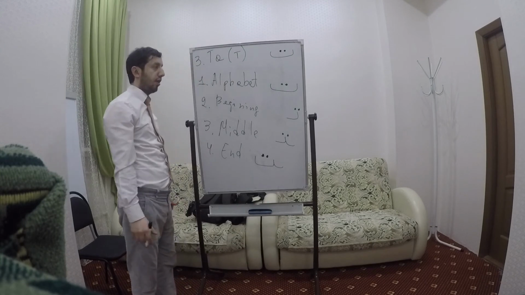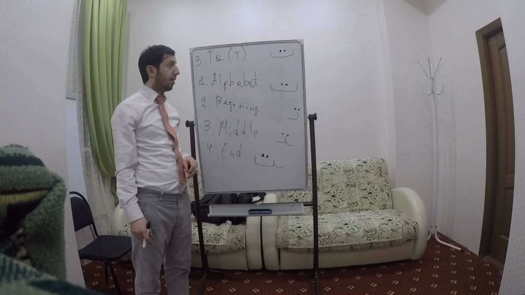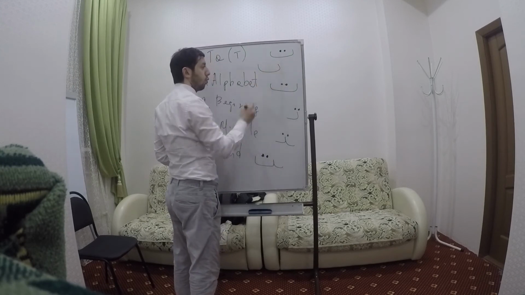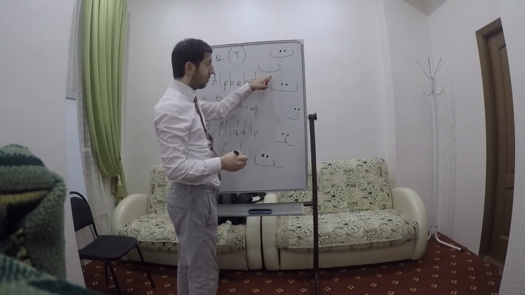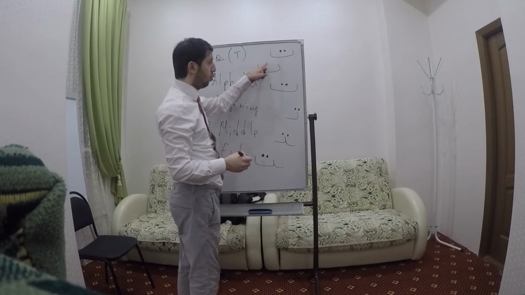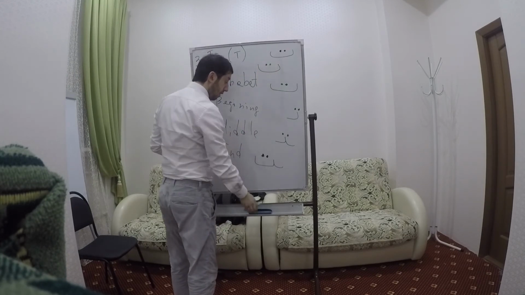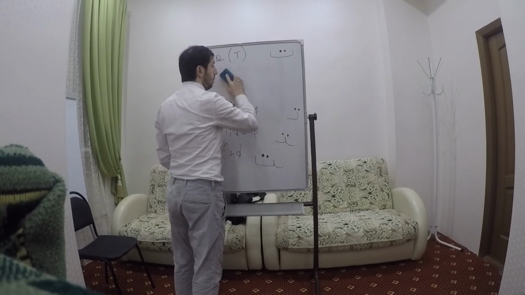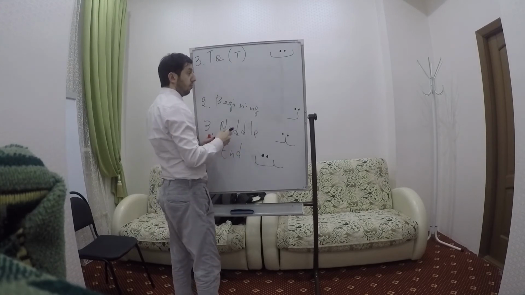So two dots. My kids, students, they call it like a boat. This one, boat. If you see a boat with one dot under, it is ba. If you see a boat with two dots over, it is ta. So if I write beginning form, middle form, and end form,